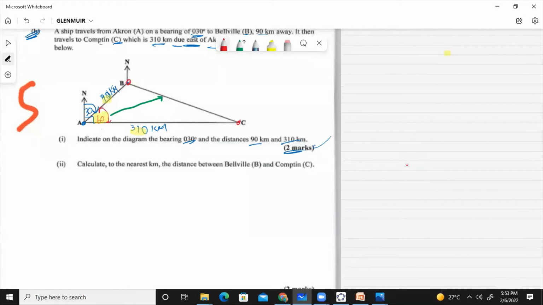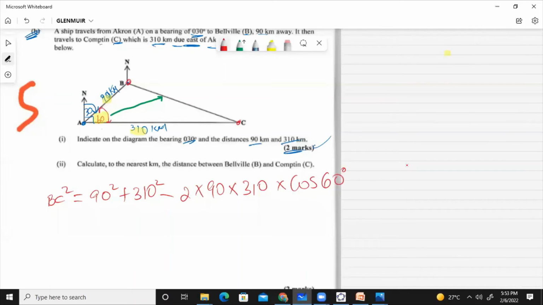Now, the side across from the angle squared is a cosine rule again, you know. So I'm going to say BC squared. The formula starts like that, guys. Is equal to 90 squared plus 310 squared minus 2 times 90 times 310 times cosine of 60 degrees. We're putting this together. Help me put this together, guys. No errors. 8100, 310 squared. What's that? About